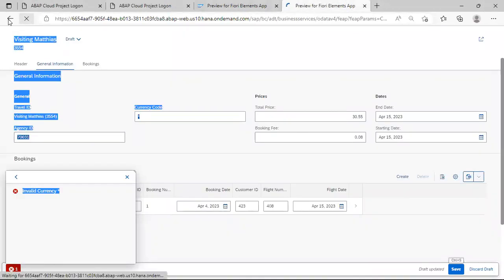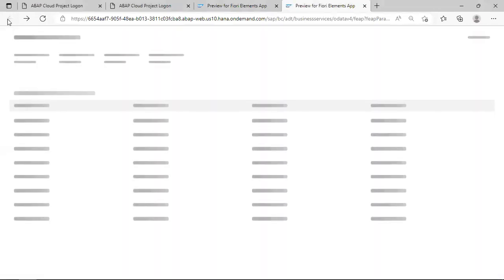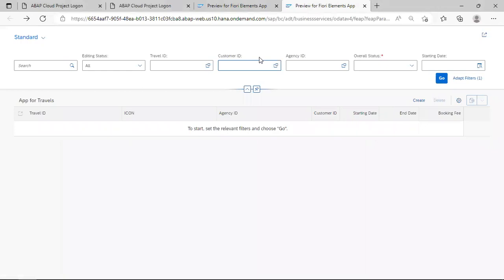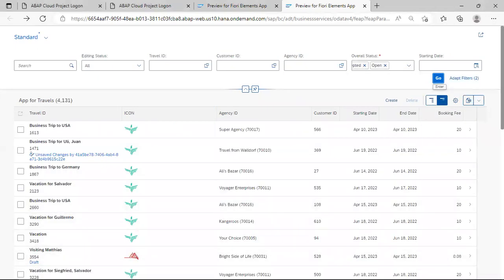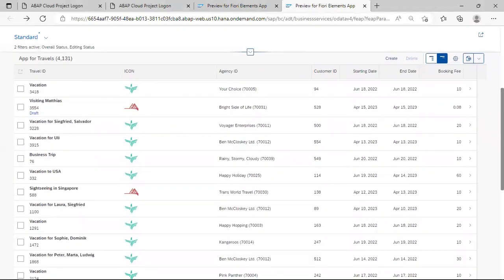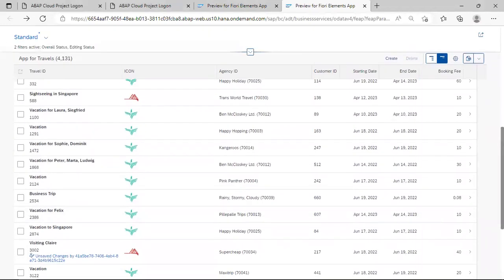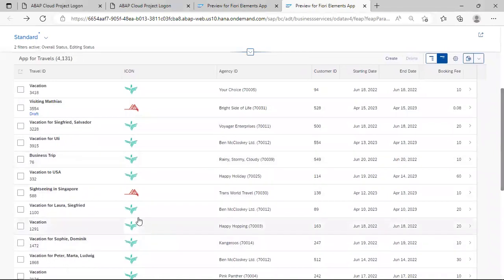Put the data. Status, Go. Now I just want to change this value. Let's say this value, 588 travel ID,